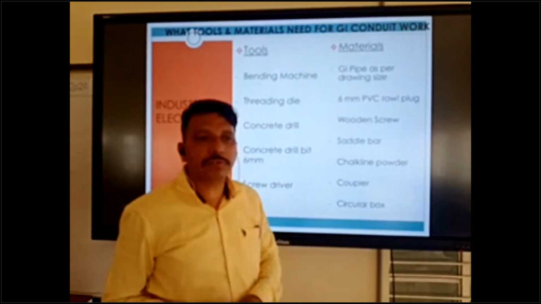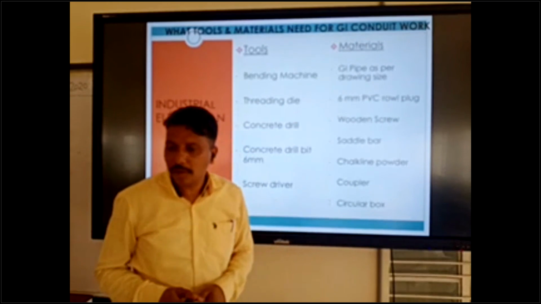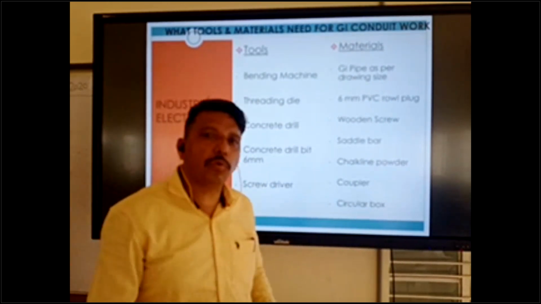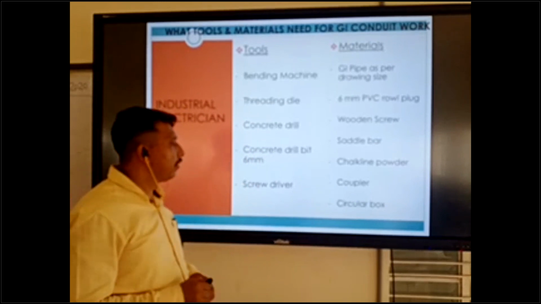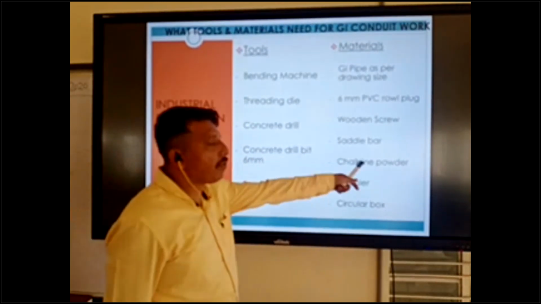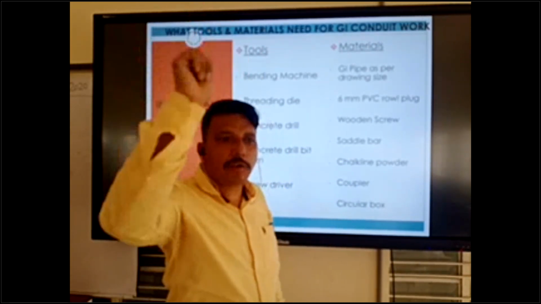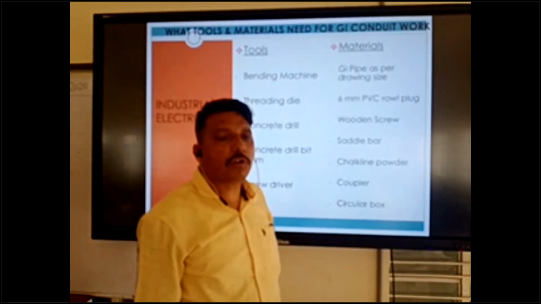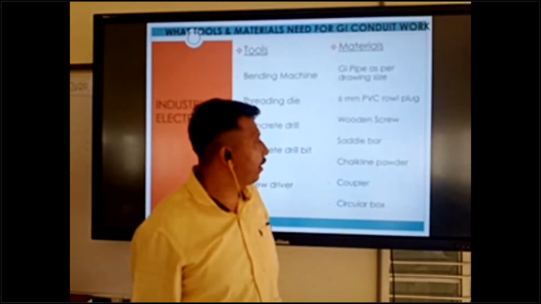And circular box, last, we use circular box for conduit routing. Coupler is for joining, chalk line powder is for marking lines. If you make the chalk line, your conduit route will come out straight, looking very nice.